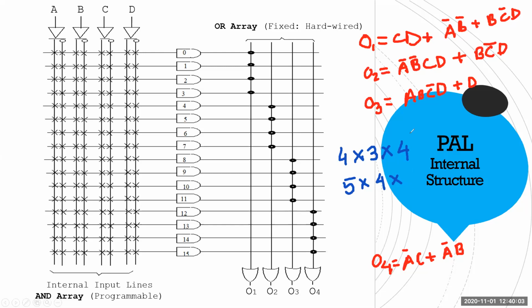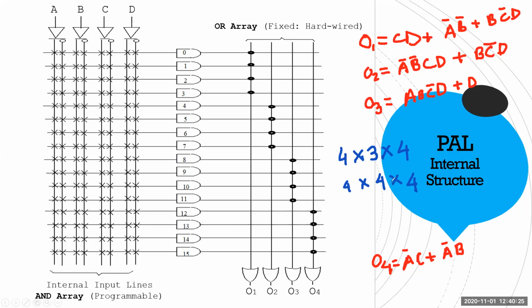But if the design was like this, 5, 4, 2, can you do that? No, you cannot, because we have 4, so you need at least 4. So if I give you something like this, 4, 4, 4, can you do that? Yes, of course. So here it is 4 into 4 into 4.